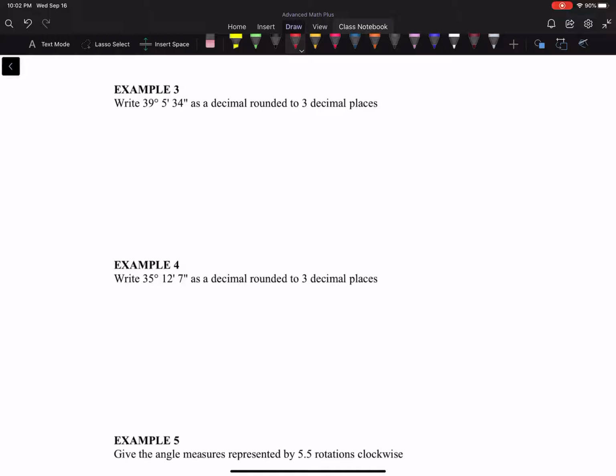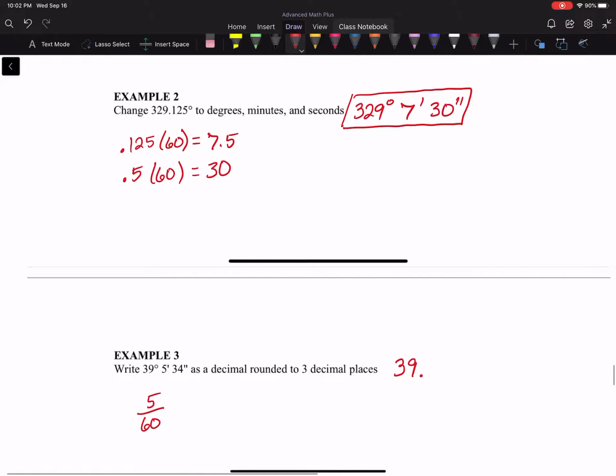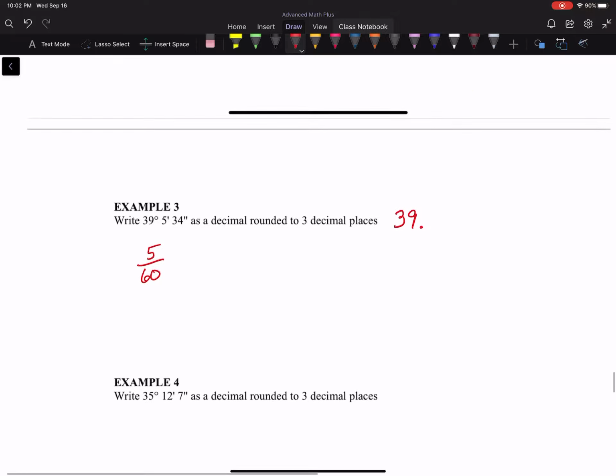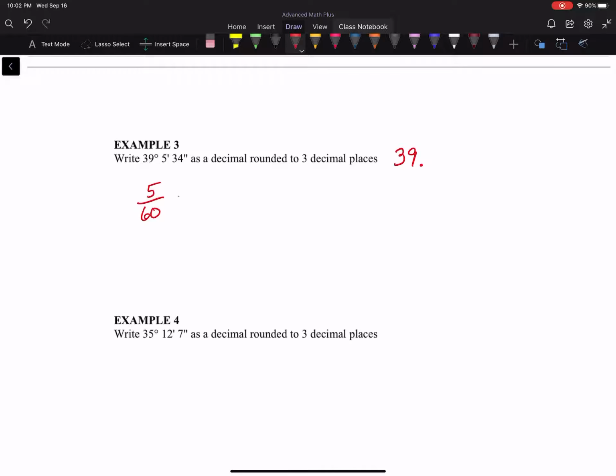We already know the whole degree part. So it's 39 degrees. Okay, so 39 point. We've got to figure out the decimal part. So what we're going to do, we're going to take our minutes and divide it by 60, because remember, we're going opposite. Up here we multiplied by 60 to get our minutes. So here they've already given us the minutes, so we're going to divide by 60, and to that we're going